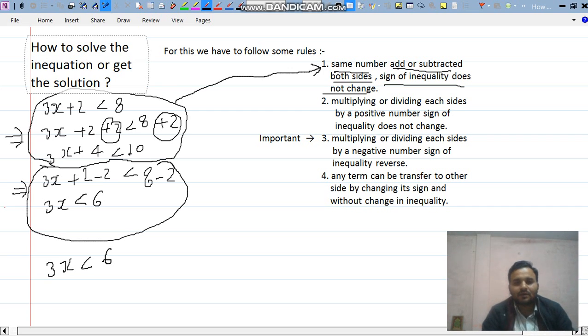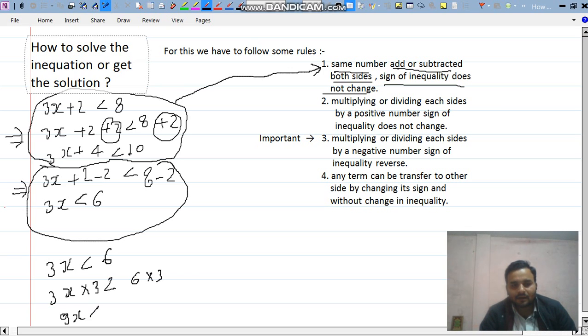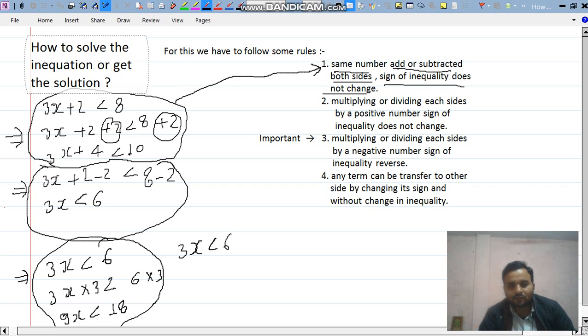Suppose you multiply both sides by 3, then it becomes 3x multiplied by 3 less than 6 multiplied by 3. It becomes 9x less than 18. Okay, this was the multiplication. Now we will see the division. Suppose you divide by 3 on both sides, it becomes